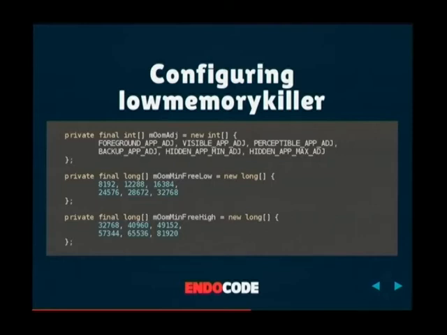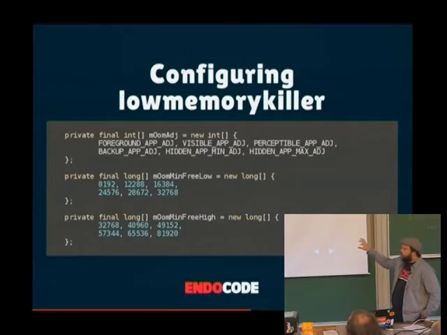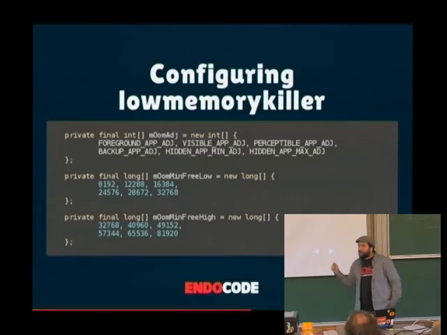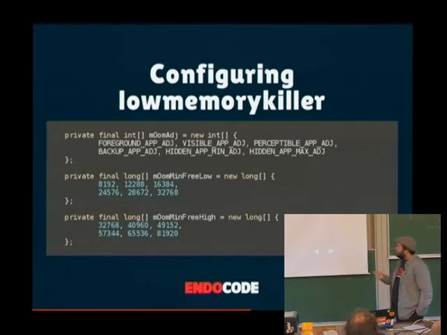You can see this top line is exactly what you feed into the adjust values. Now the last two, the min free low and the free high: Android, in this file, has an algorithm that tries to find a nice value for your device. Our device is special, of course, because we have a very high resolution device and very low RAM. So we did make some modifications to this, so that we had something that ran better for our device.